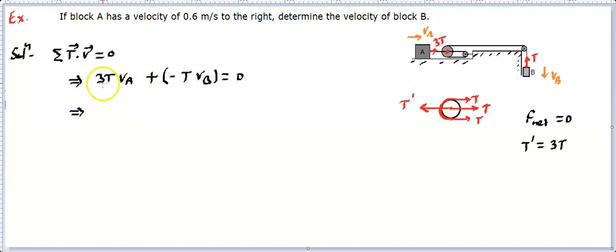Now if you simplify it, T gets cancelled out, and it comes out that VB, the velocity of B point, is 3 times the velocity of A point. This becomes the constraint relation. That means this is how the velocity of block A and block B will be related. Now if you make this kind of arrangement, you'll find the velocity of B will not be the same as the velocity of A, neither the magnitude. You'll find the velocity of B will be 3 times the velocity of A. That means this will be moving faster, as fast as 3 times this velocity.